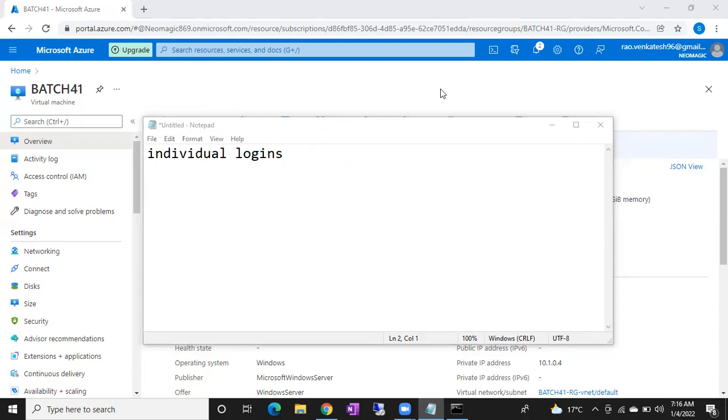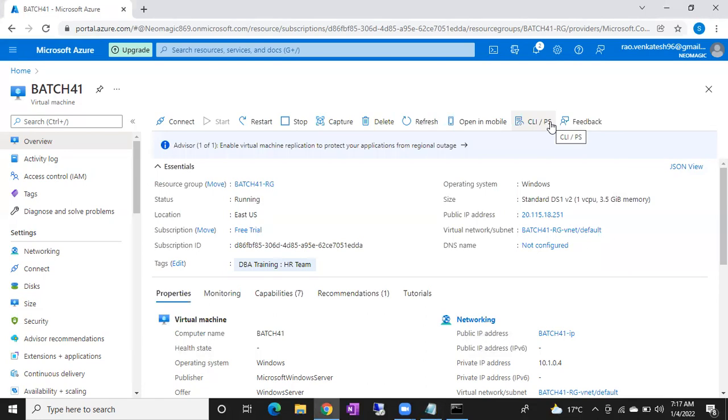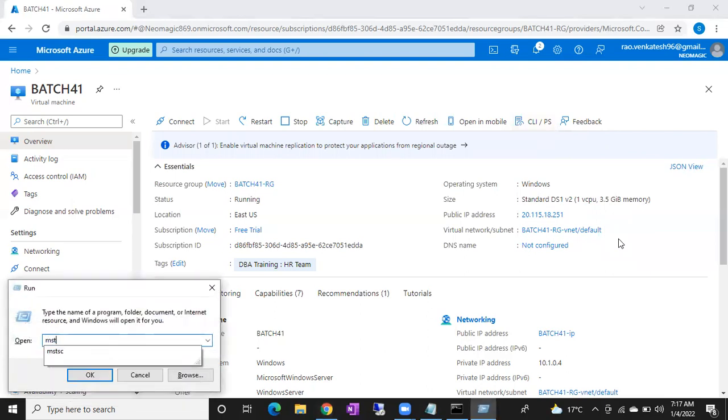Jayant, okay, good Jayant. Okay, so individual logins, why don't they allow? It's not a standard policy. If 500 people are trying to access my SQL server, and the individual logins policy is there, I have to create 500 logins. And if we expand logins in SSMS, it does not look good, not standard. So that's why we don't prefer individual logins, 90% in the organization.